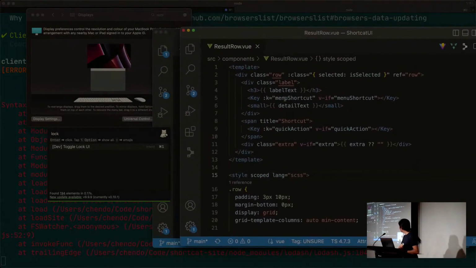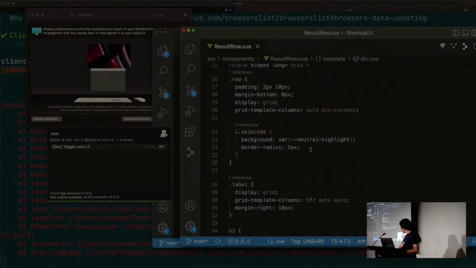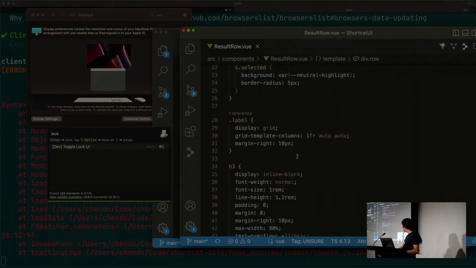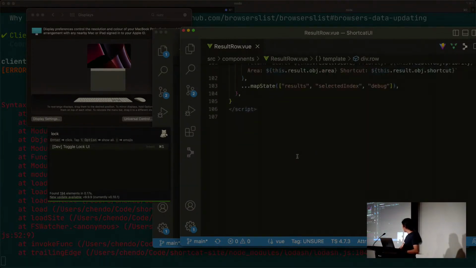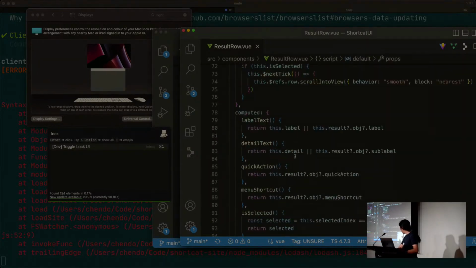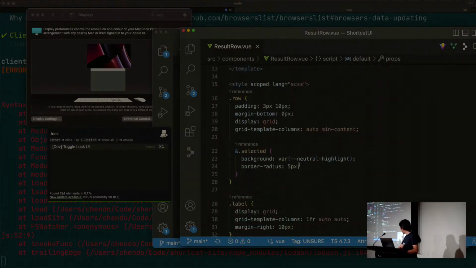Okay, so what you see is the code for the results row, so each row in the result view. A Vue component has everything in one file, which some people hate, but I love it. You have markup at the top, CSS in the middle, and then JavaScript at the bottom. That lets me edit everything to do with the component in one place, which I love. So let's say I hated my users,